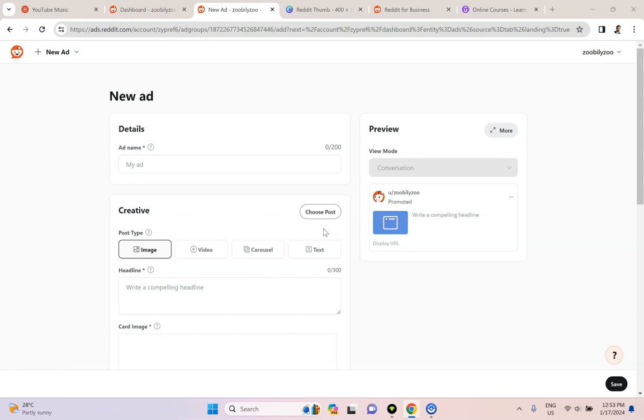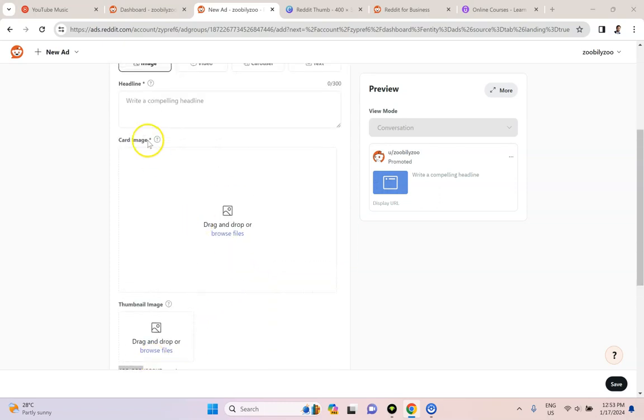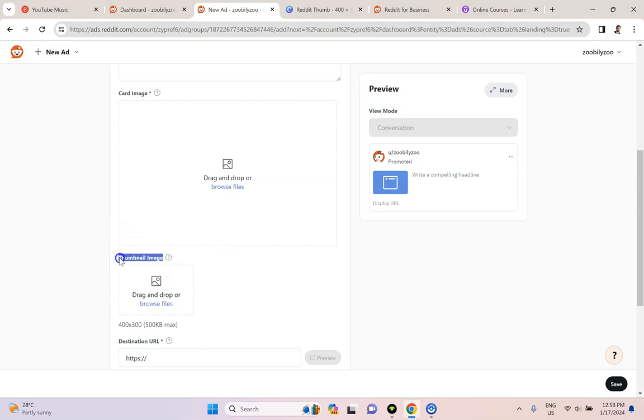There are a few things that are particularly confusing when you create image ads on Reddit. The first is that you're asked to create a card image in order to launch the campaign, even in cases where the card image is never going to be seen. Instead, what's going to be seen, your main ad, is actually the thumbnail image, which is precisely 400 by 300